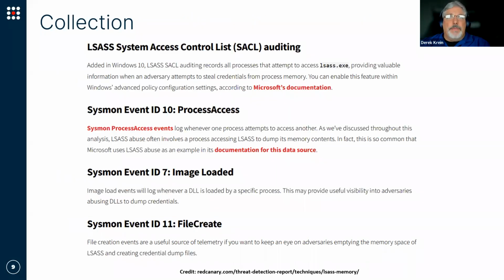So from a collection standpoint, using LSASS memory as the example, you can use the access control list auditing. Sysmon is an open source tool that pulls in Windows events and actually puts it into a Windows log. And it gives you a deeper level of data than some of the standard Windows event logging. And the idea behind Sysmon is being able to pull in these various events to be able to correlate that detection and that understanding of what's happening. Sysmon is not a protected process, so you want to be careful with it. It works great, but it can be turned off.